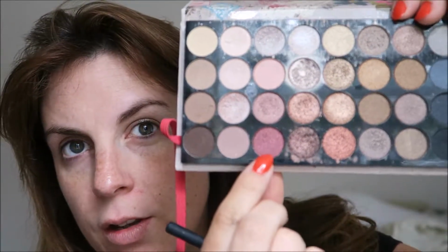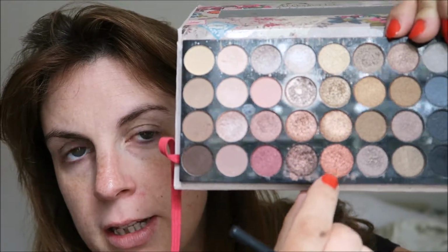What I was doing a lot was using, let me show you, kind of these three here, sometimes with a little of that one, just in the outside corner on top of this, which I was using as a base. As usual, trying to make my eyes look as green as possible. So using the eyeshadow stick as a base made the purple less in your face because it had the grey taupey tone, but also I was just amazed how I could do this in the morning and spend all day like at the markets and having lunch and stuff,